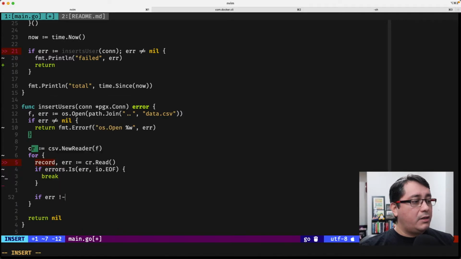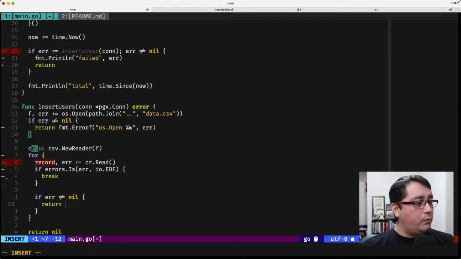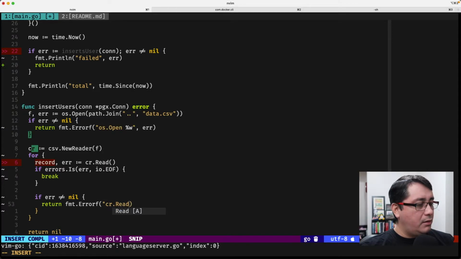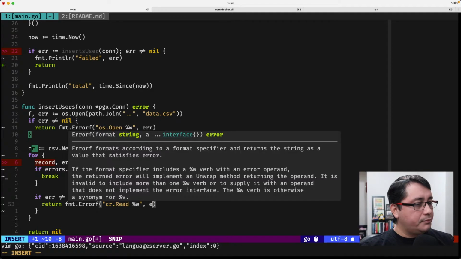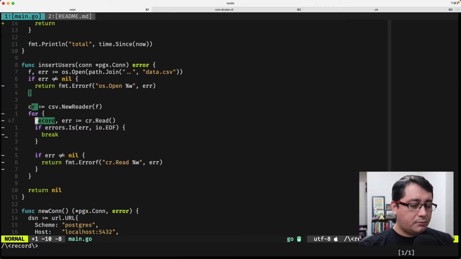If error is different than nil, maybe something else happened, you have to obviously return the error that happened in that case, which could be so many things. So we can say CSV read, and again we wrap the error, and so far we have this. Alright, this record variable represents the columns for each one of the lines that we're reading